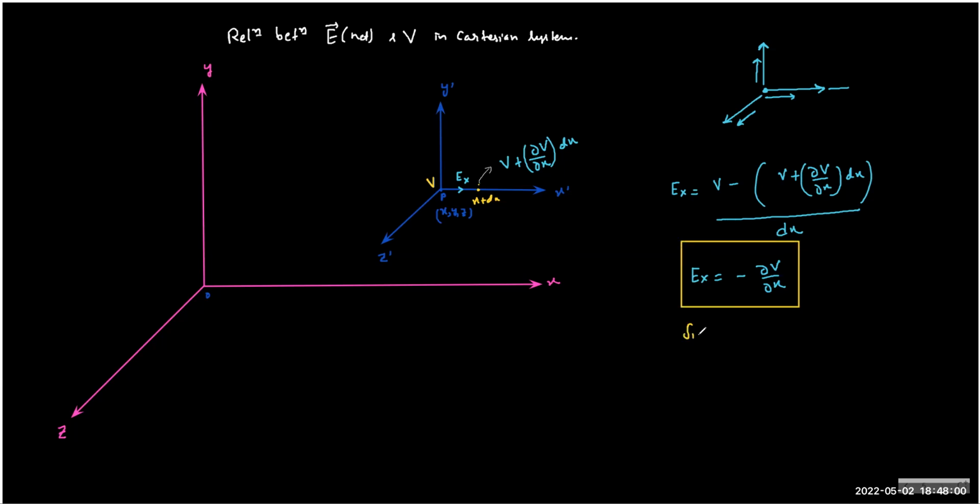So similarly, without even doing something like this, we can talk about the Ey component. You have to work along the y-axis. So the answer will be Ey equals minus del v by del y. And Ez will be minus del v by del z. Now because I have three components which are mutually perpendicular, and from the mathematics of vectors we know that if you have the three components in three-dimensional space, you can exactly recreate the original vector, which is E. So the net field at a point P,